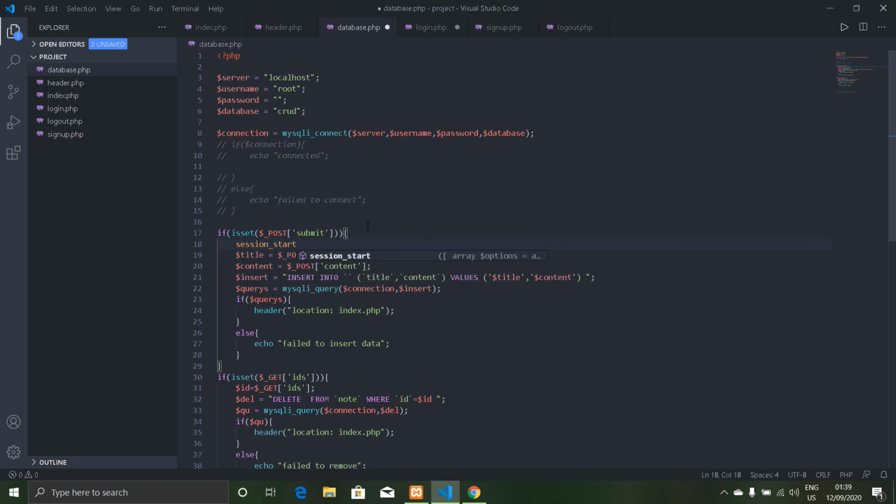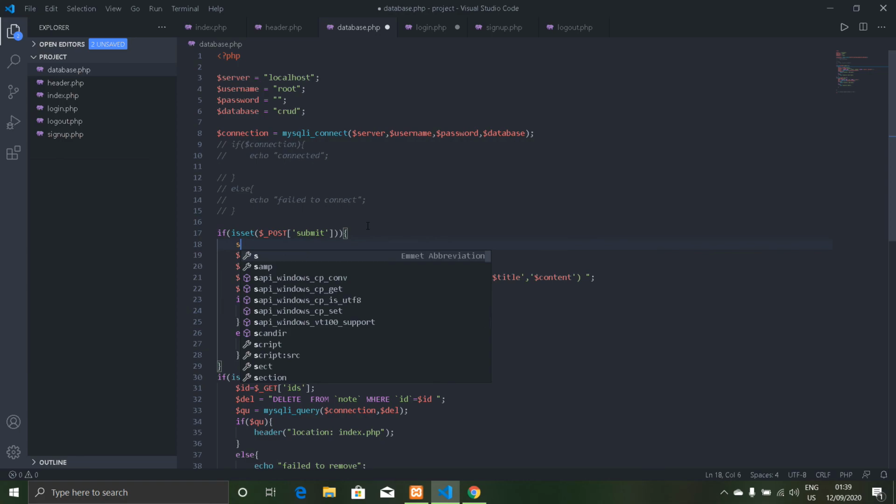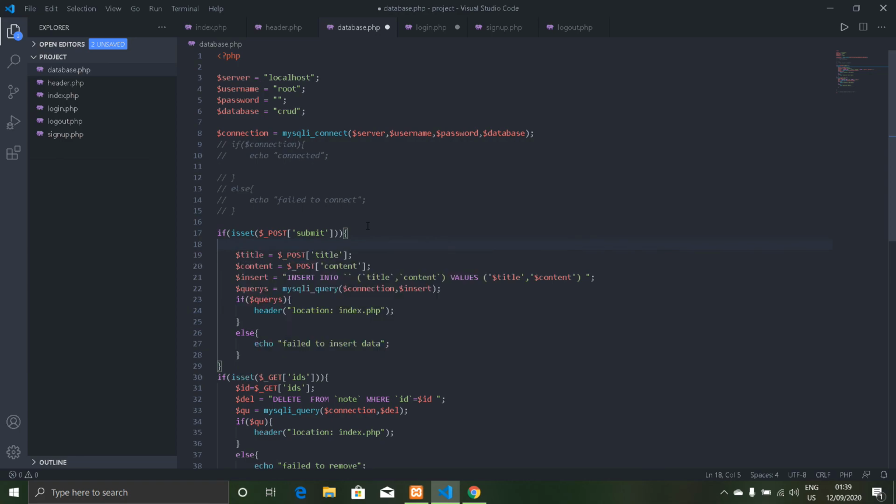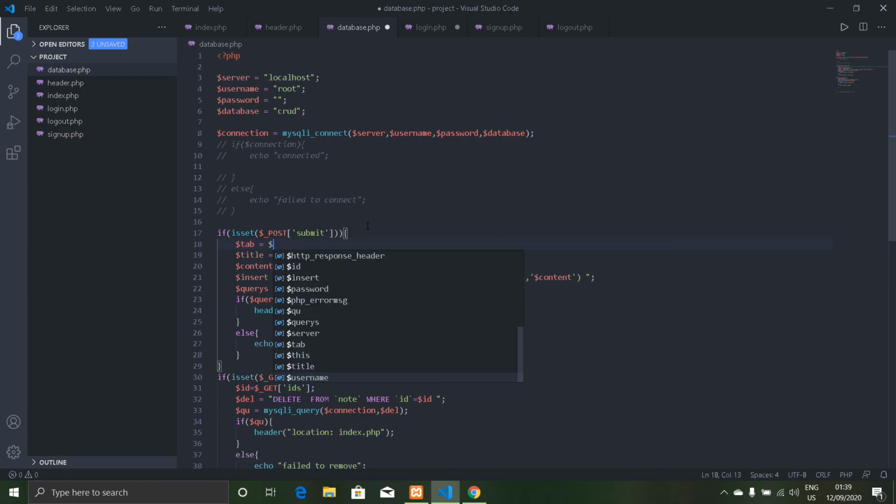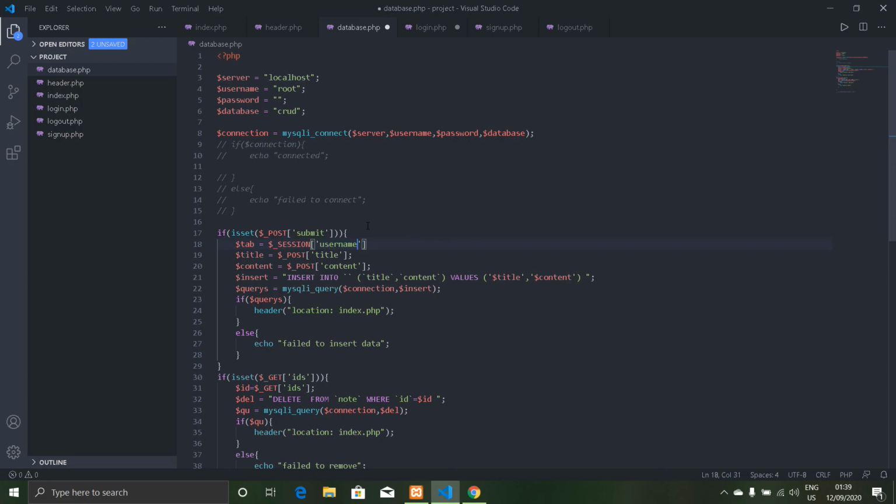Okay, so I think the session has been already started. So simply what I'm going to do is make a new variable called tab equals to $_session username. Okay,